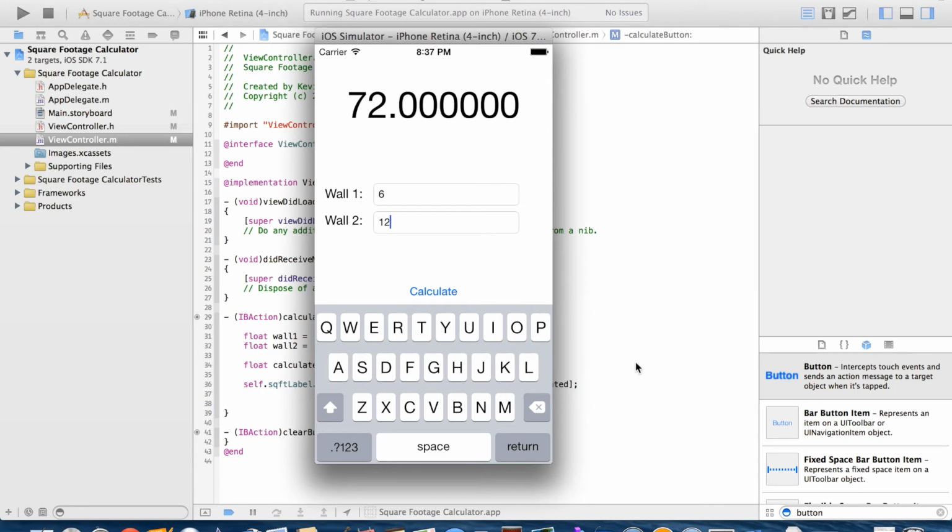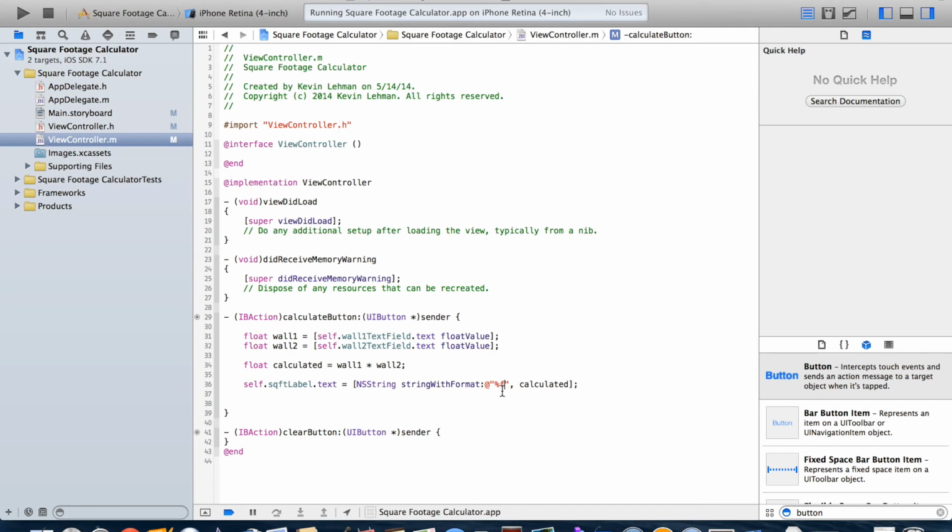So now what we need to do is see how it gave us a lot of zeros, and it didn't show us the square foot label right after. So what we're going to do is first 0.02 feet, and this is going to round an estimate, and instead of doing, say, 0.028539, it'll just give us 0.28, which would be a more accurate value. So we're going to do %0.2f, and then we're going to put SQFT, and that'll give us the label right after. So if we go ahead and run this again,